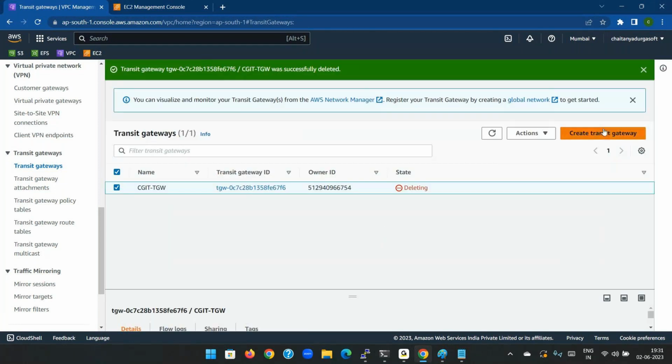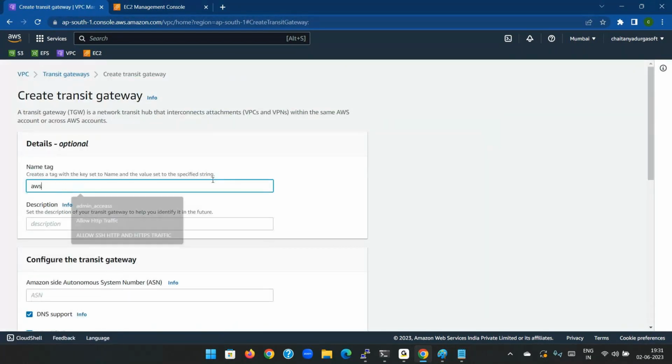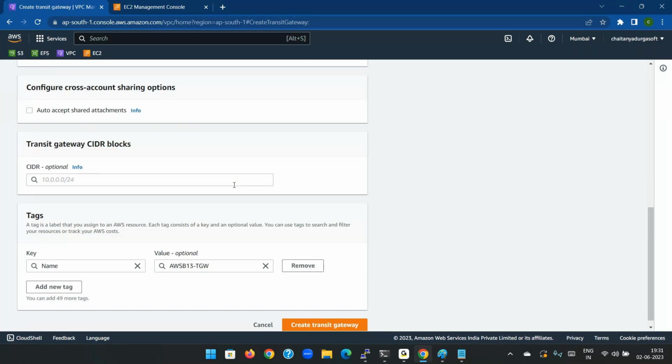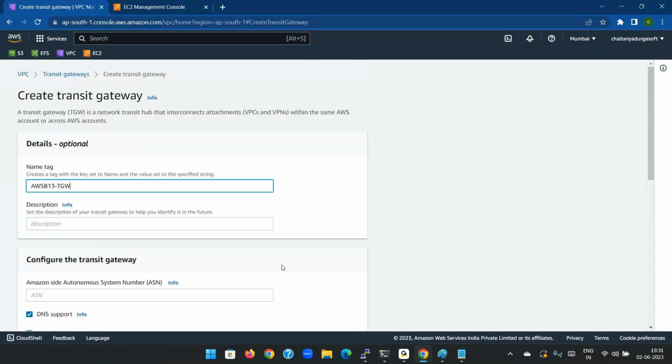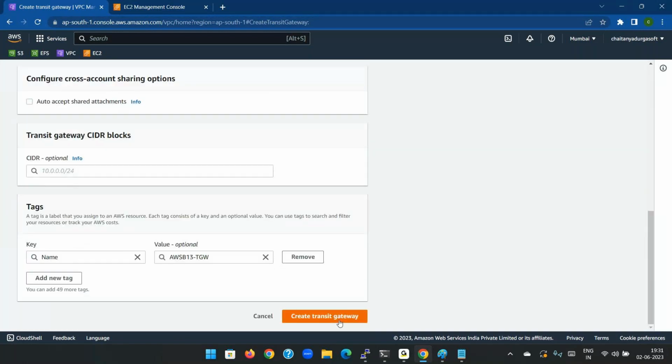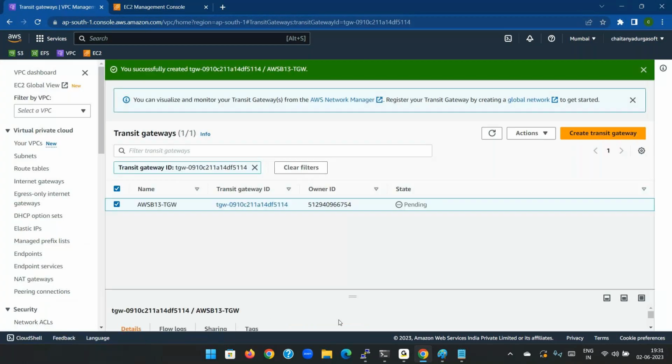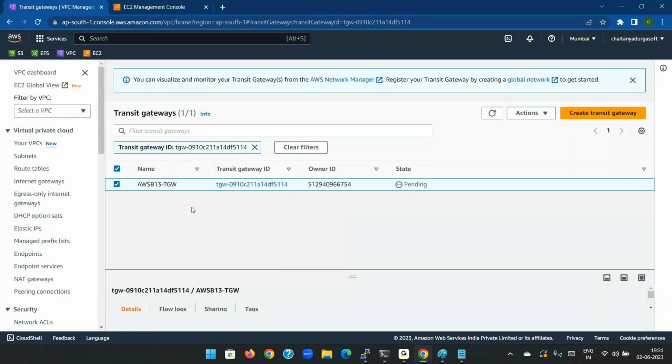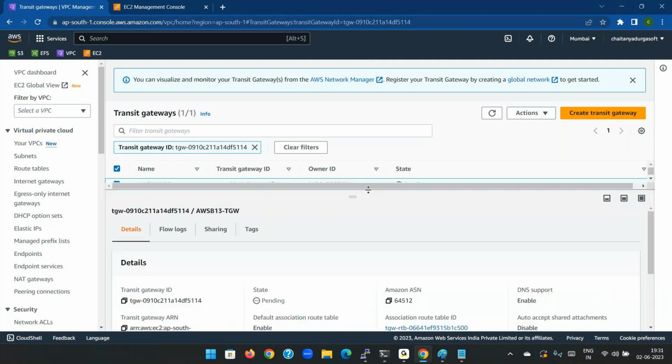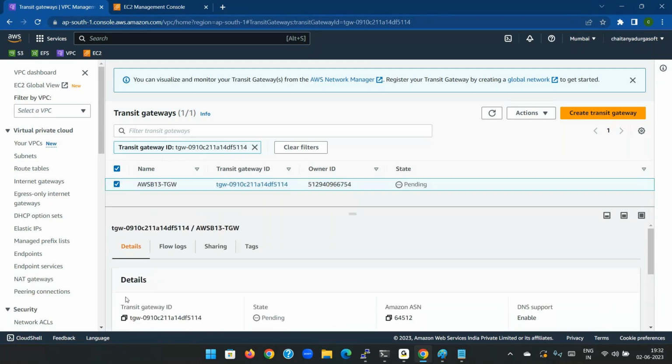Create a transit gateway, AWS B13 hyphen TGW. You don't need to provide anything else. Create the transit gateway. Now a transit gateway is about to be created, so it will take its own sweet time. Now when the transit gateway is getting created, what we have to do here is, after the transit gateway is created,